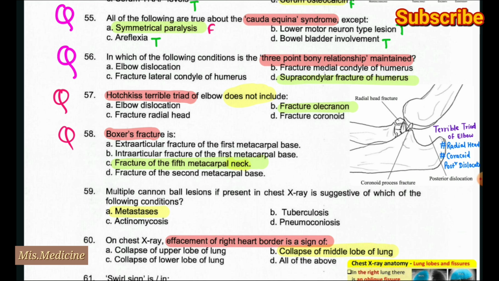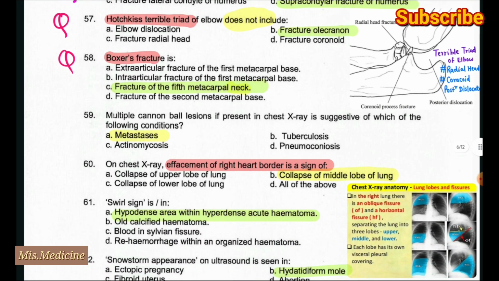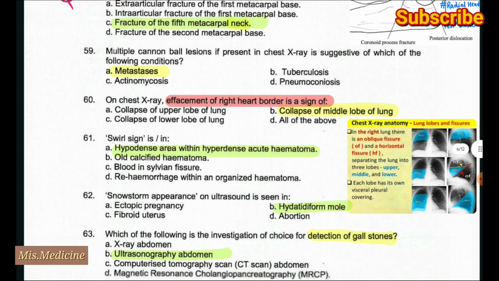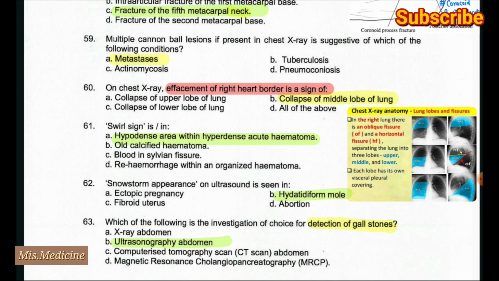Next question. Boxer's fracture is fracture of the fifth metacarpal neck. Next question. Multiple cannonball lesions, if present in the chest x-ray, are suggestive of which of the following conditions? Metastasis. 60th question. Next question, which is on chest x-ray: effacement of the right heart border is a sign of collapse